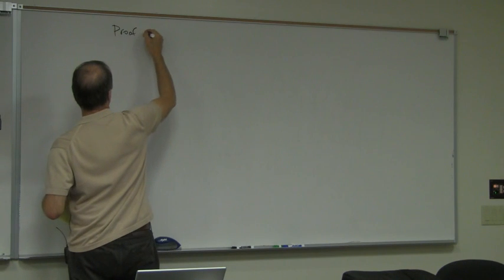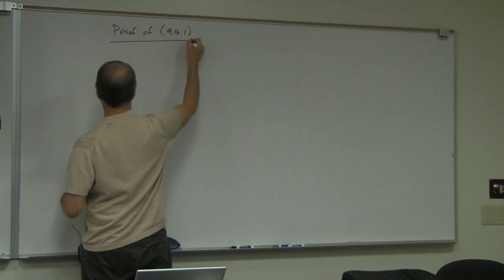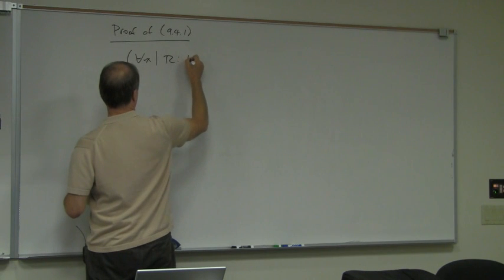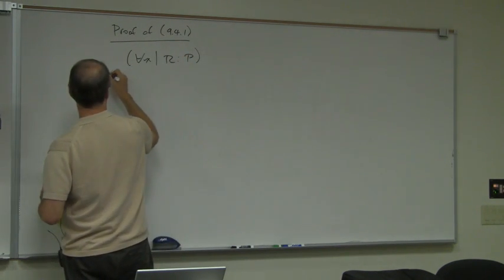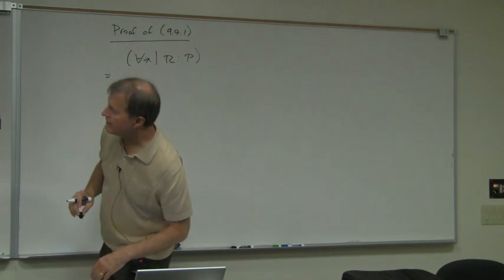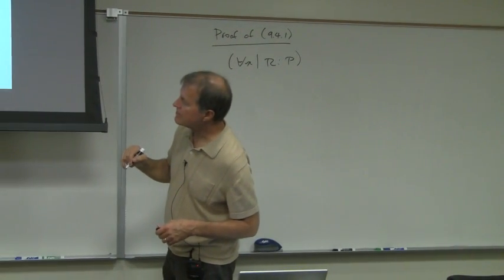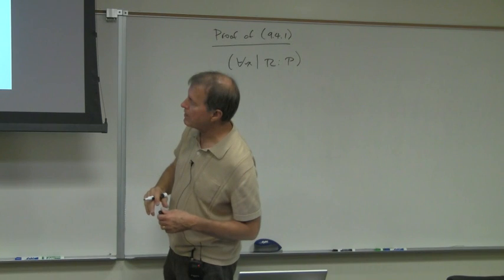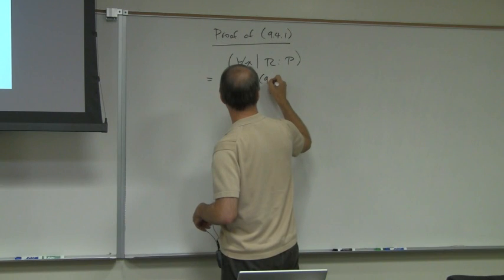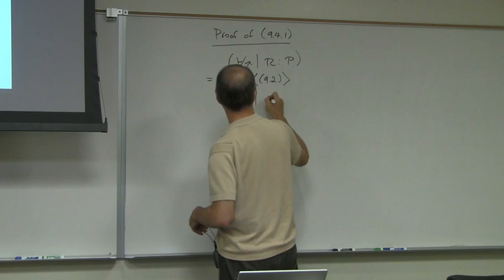So proof of 9.4.1. So we'll start with, for all x range R body P equals, now what I had done is I had done 9.3a. But I think what the student suggested, instead of doing 9.3a, I think the student suggested doing 9.2. All right? So this equals, by 9.2, for all x range,